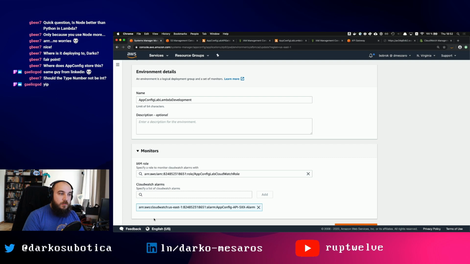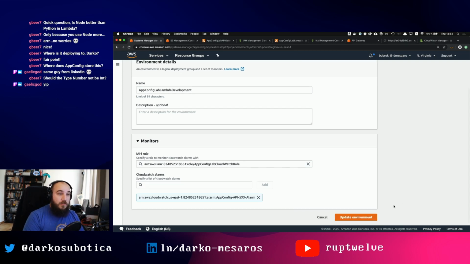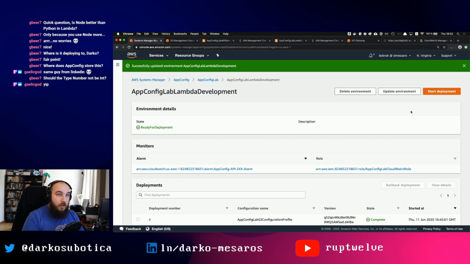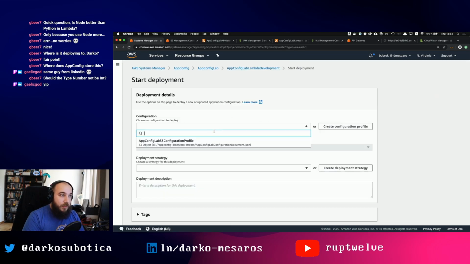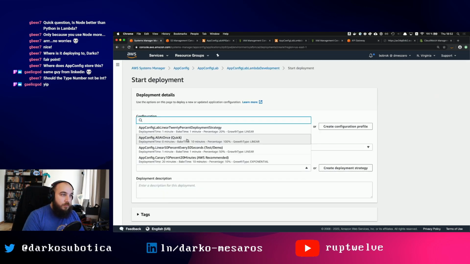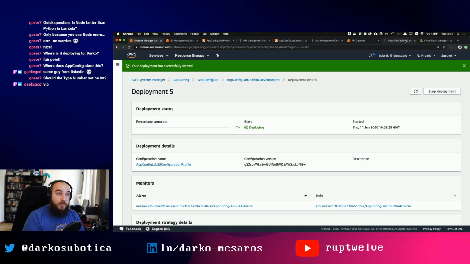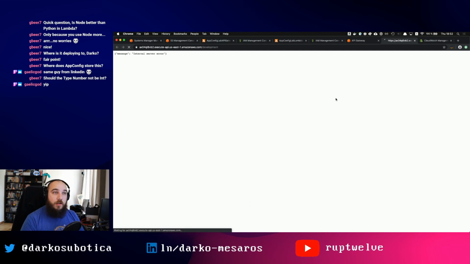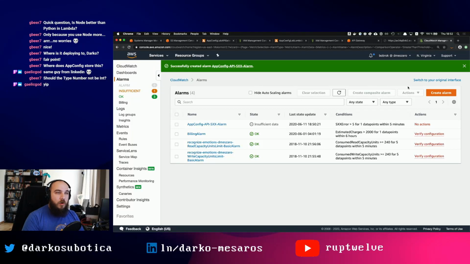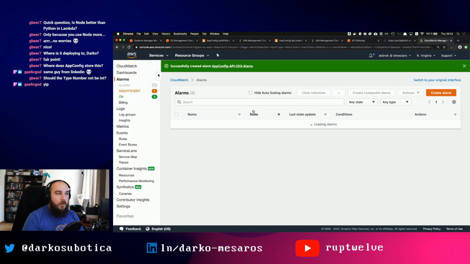This one. So I'm using that alarm I've created before, and now what it's going to do is actually monitor this alarm during deployment. So if I click start deployment and just do a normal deployment strategy, it's going to start deploying, but if I keep on generating 500 errors, if I keep refreshing and getting 500 errors here, my alarm will slowly, hopefully, be in the